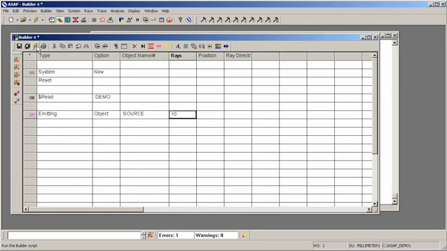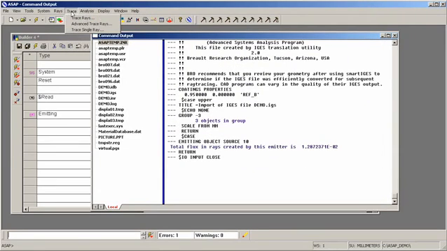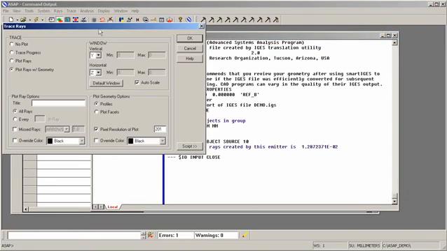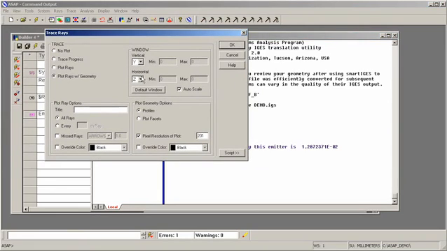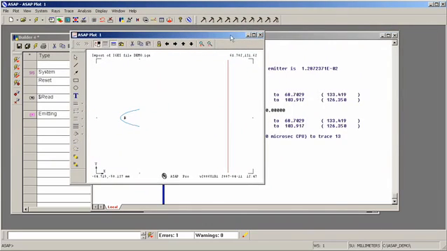Okay. The way to do that is to run the builder window, come up to the trace menu, trace rays, and to be consistent with the Rhino view, I'm going to specify the horizontal axis as X, click OK, and here's our graphical ray trace,